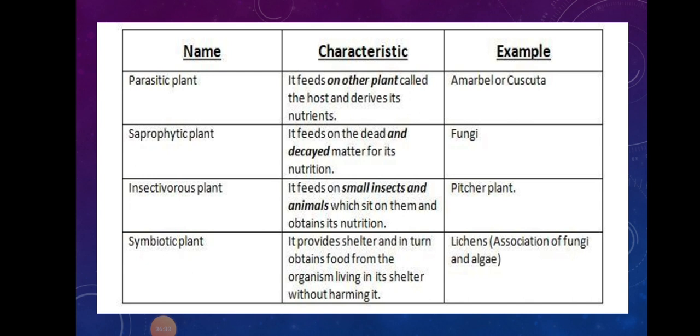Symbiotic plants example is very common. We know that leguminous plants, they have rhizobium bacteria in the root nodules. So in the root nodules of leguminous plant there lives a bacteria which is known as rhizobium, and they share a symbiotic relationship with this plant. What is this symbiotic relationship? Plant is providing shelter and food to that bacteria, and in turn this bacteria is providing plant with nitrogen,